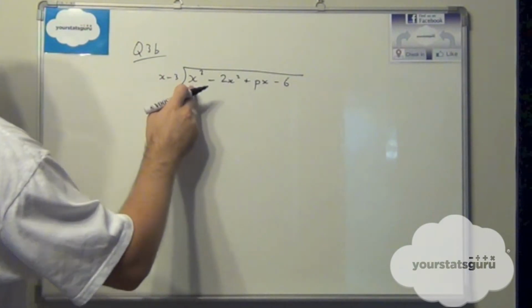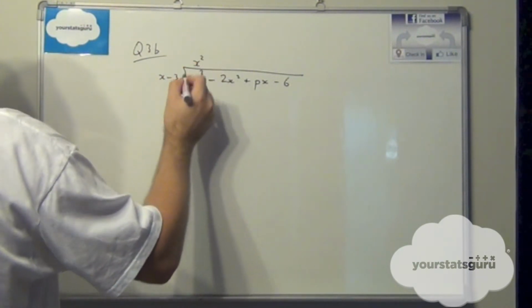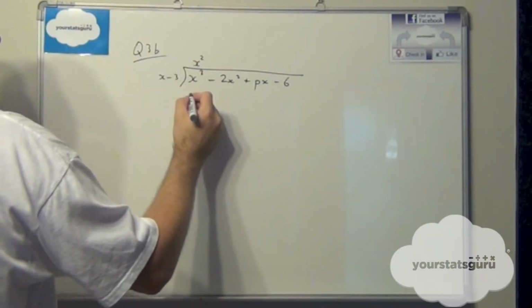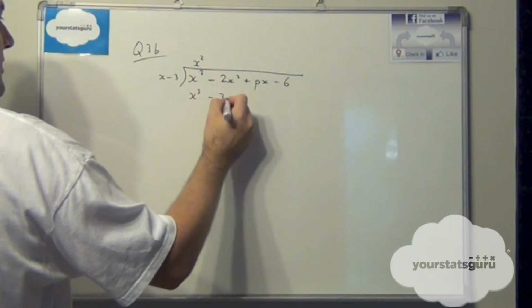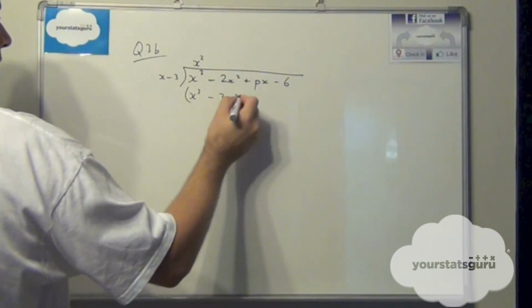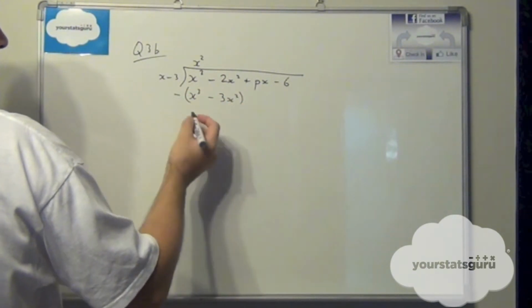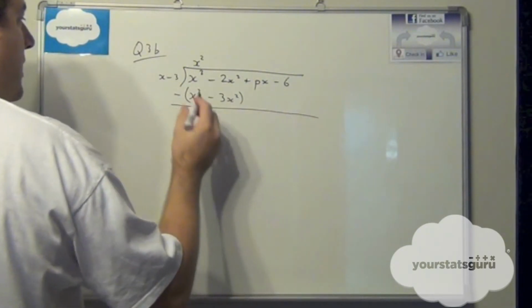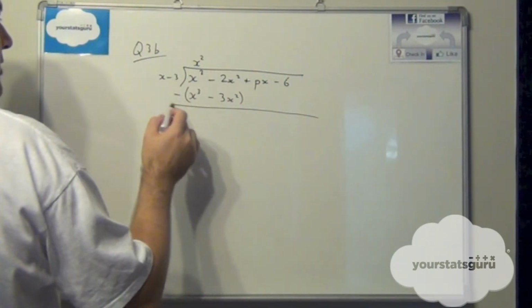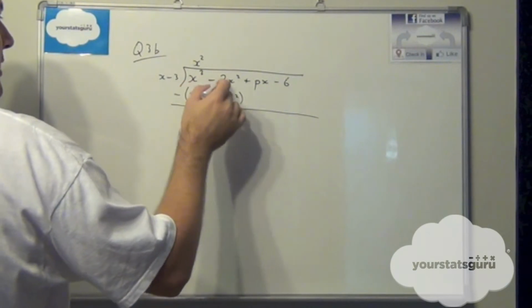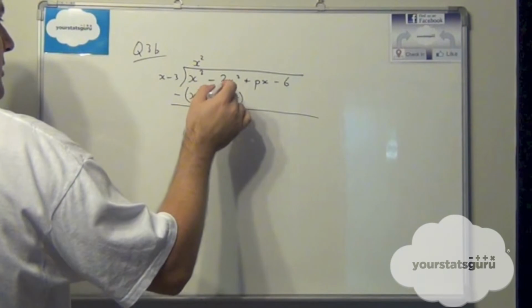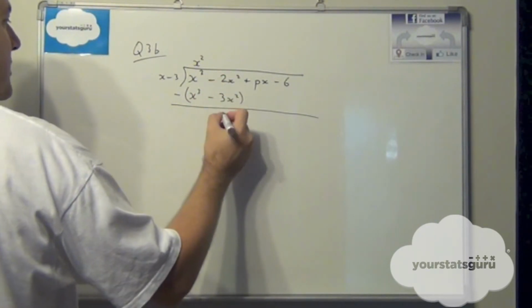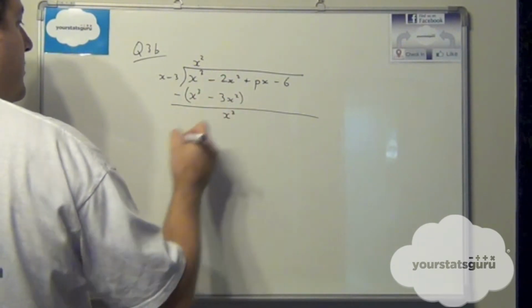So x goes into x cubed, x squared times. x squared times x is x cubed, x squared times minus 3 is minus 3x squared, and we do a subtraction that results in x cubed minus x cubed disappears, minus 2x squared minus negative 3x squared becomes minus 2x squared plus 3x squared, which is just x squared,